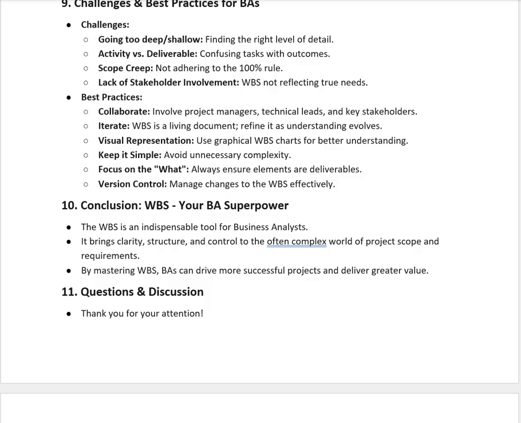Then the conclusion from these slides. So we will do the work breakdown structure. It is your superpower. BA is a superpower. The work breakdown structure is an indispensable tool for the business analyst to track the work and record it in a documented way, and to bring clarity, structure, control, and manage the complexity, and monitor the project progress and requirements, to understand each requirement and its phases and stages, and how much time it requires to complete each